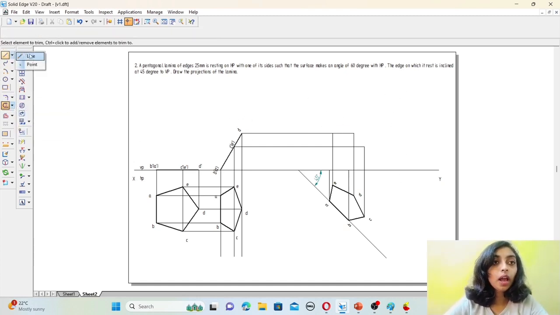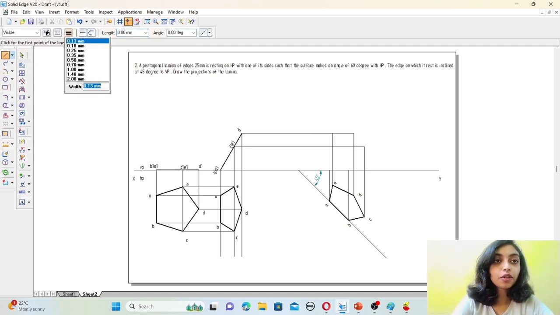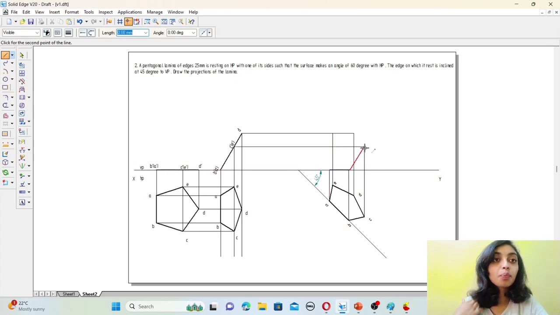Then again go to line, select 0.50 mm thickness from A to B to C, then C to D, E. So this will be our points.